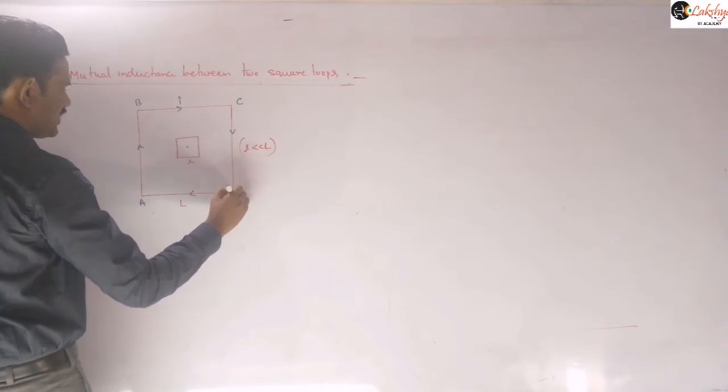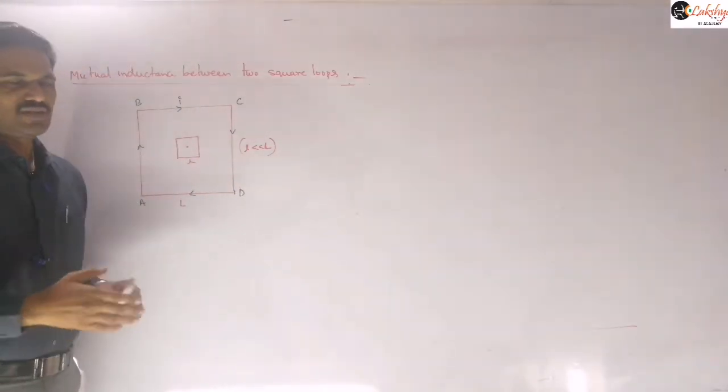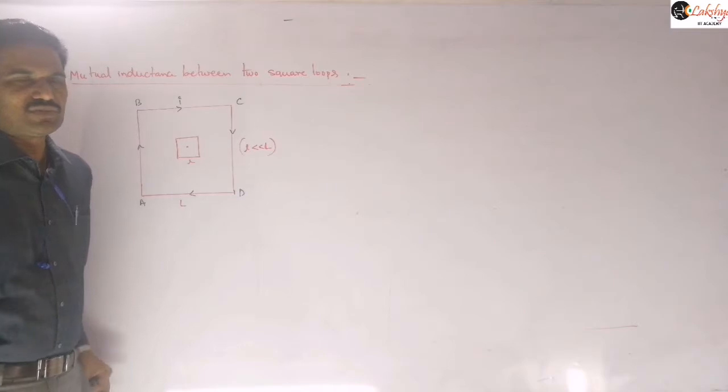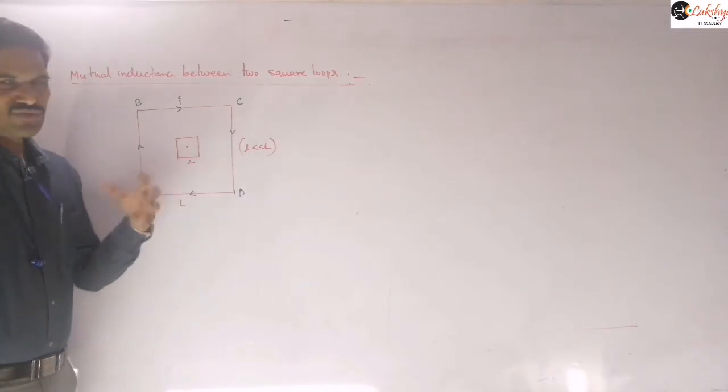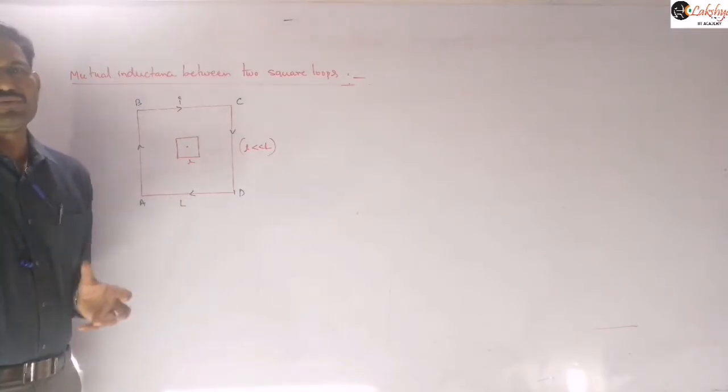So as I said, actually you can assume that current is flowing in the inner loop also. That means on the previous examples also you need to observe that now in the previous two concentric square loops also, I consider that current is flowing in this outer loop there, right?